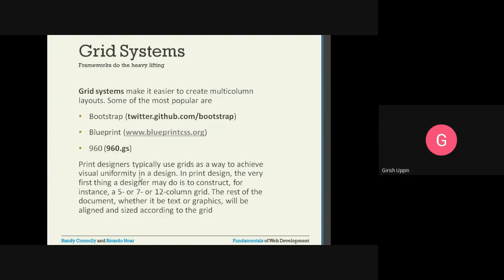In a grid system, the framework takes care of most of the things related to displaying the web application. Grid systems make it easier to create multi-column layouts.